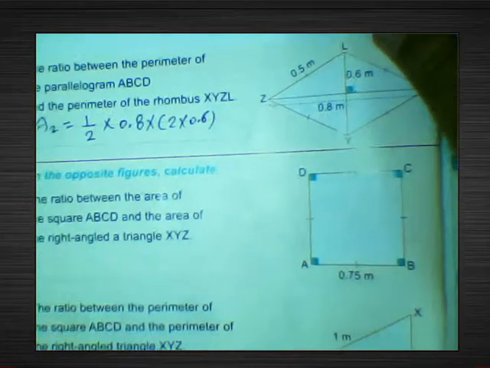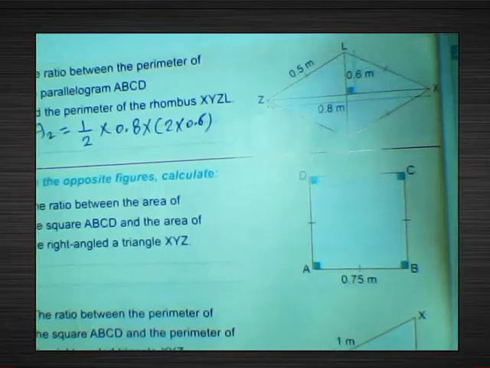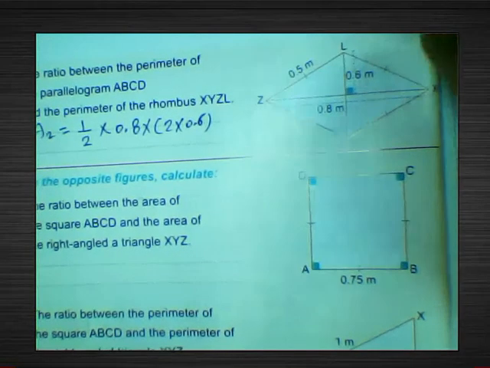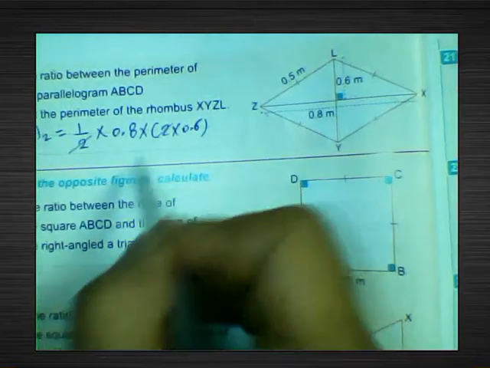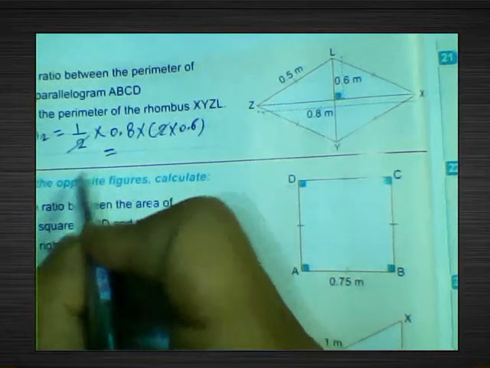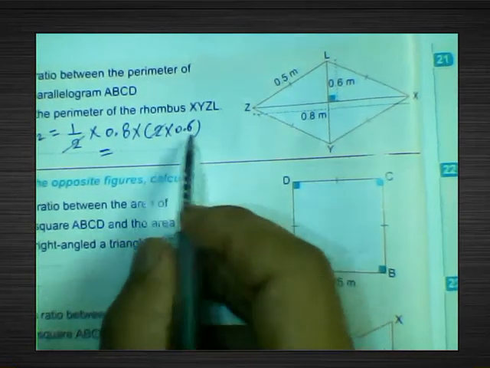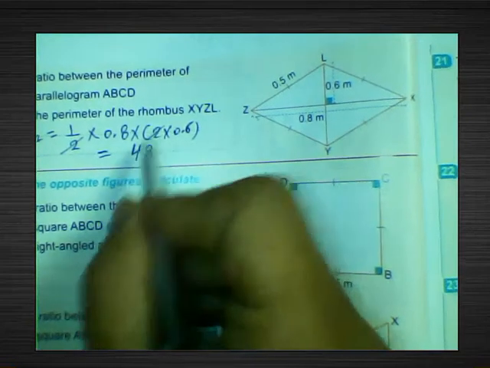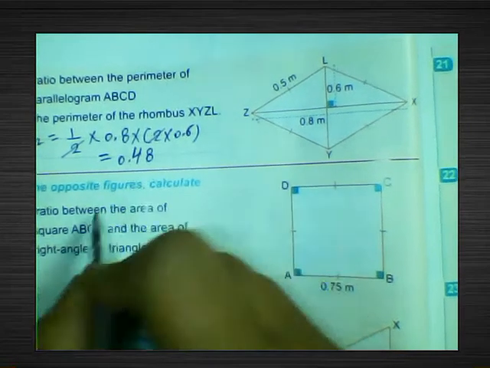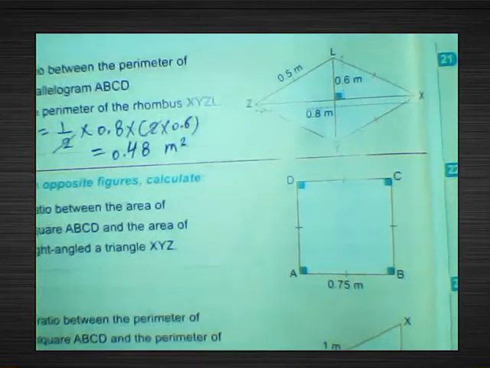It's okay, because the area of a rhombus is half times diagonal 1 times diagonal 2. We will cancel 2 by 2, and another step, find the result of 0.8 times 0.6. 6 times 8 equals 48, and we will put the point after 2 digits, centimeter power 2. It's okay, so we will solve